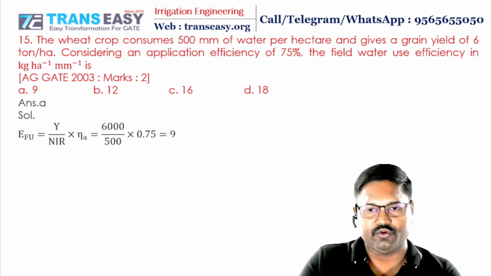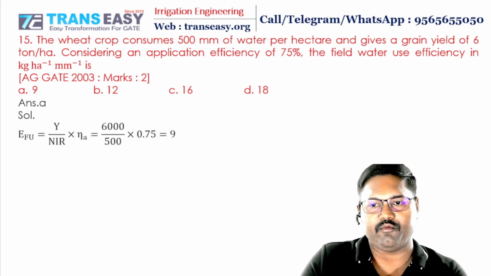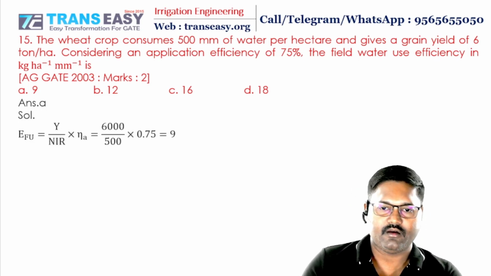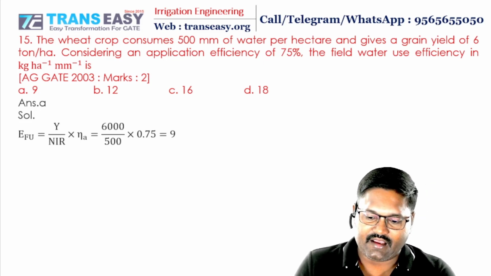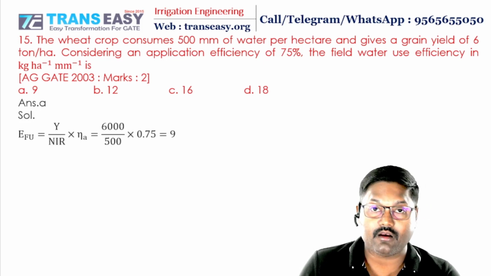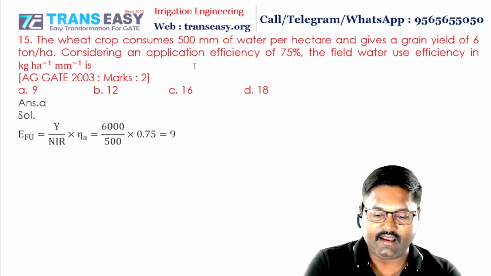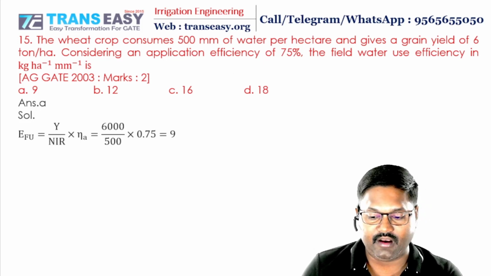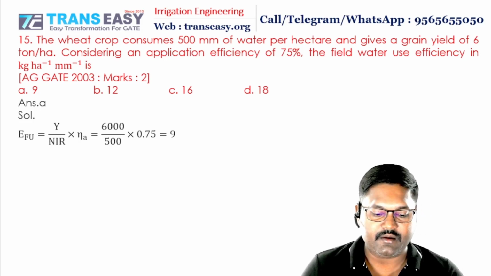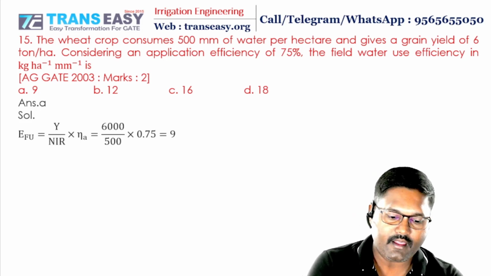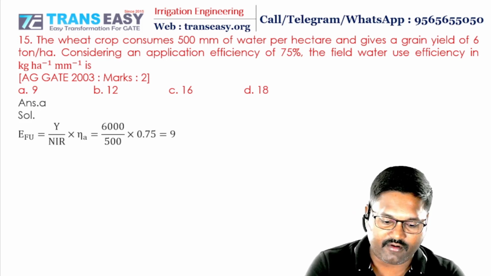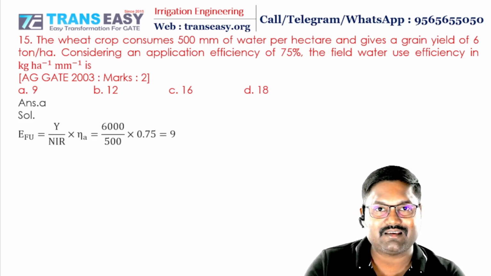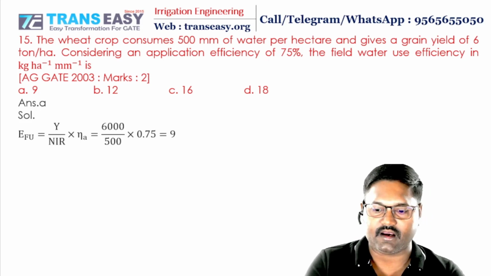The wheat crop consumes 500 of water per hectare, and gives a grain yield of 6 ton per hectare. Considering an application efficiency 75 percent, the field water use efficiency in kg per hectare per is. अगर ये नहीं भी पूछता तो भी आप इसको केजी में कन्वर्ट करते 6 टन को, तो 6000 kg per hectare is the